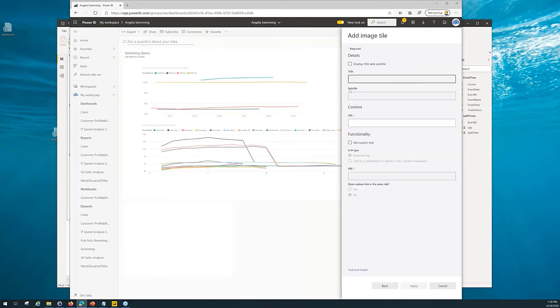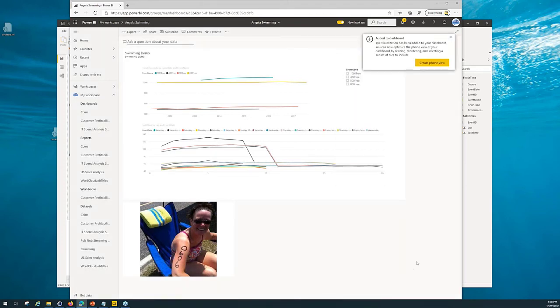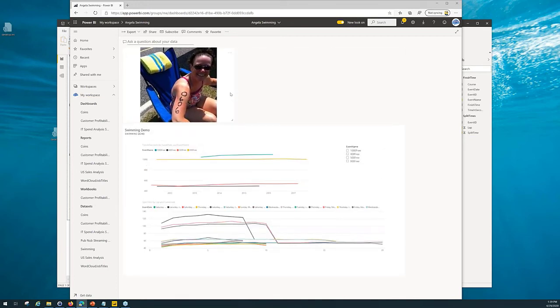Click next. Notice that when you do this, it asks for a URL. So you can't upload something from your hard drive. It actually has to already exist on the internet. Well, I happen to have a URL, so I'm just going to paste that in here. And look at that, and say apply. Ta-da! It's magic. Now, when you add tiles to a dashboard, it automatically adds them to the end, to the bottom. So let's go ahead and move this up a little bit. You'll notice how things just slide right out of the way.